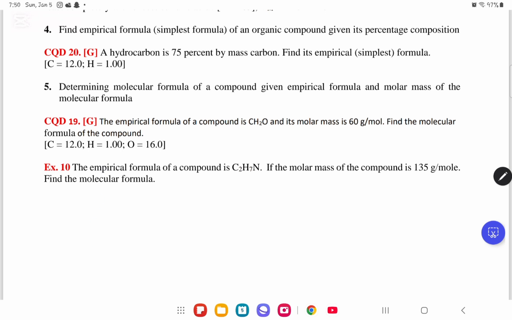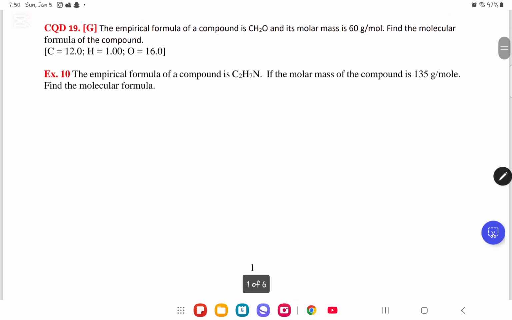Now, to CQD number 19. The empirical formula of a compound is CH2O, and its molar mass is 60 grams per mole. Find the molecular formula of the compound. Very simply, we have the empirical formula and the molar mass of a compound. So what we need to do is add all of the masses to find the molar mass of the empirical formula. So it's going to be CH2O, so 12 plus 2 plus 16, so then the molar mass